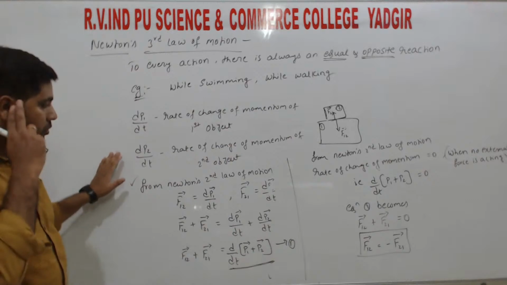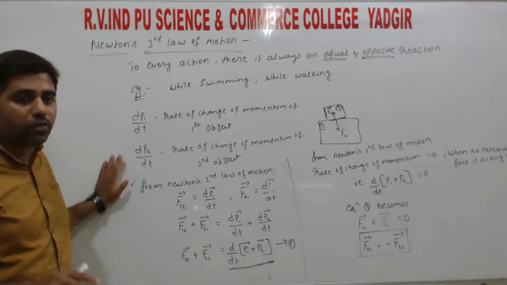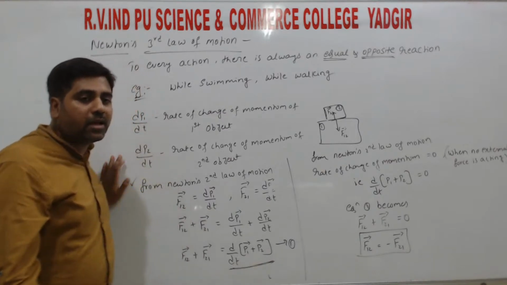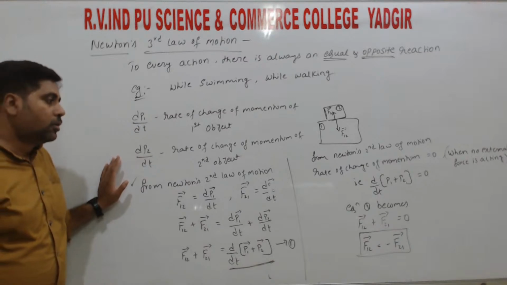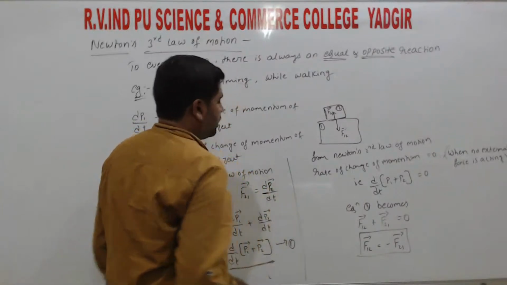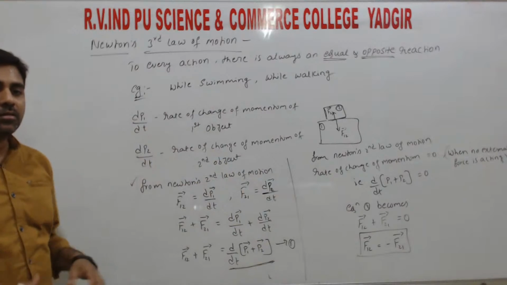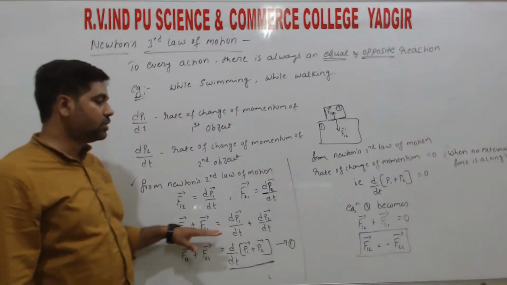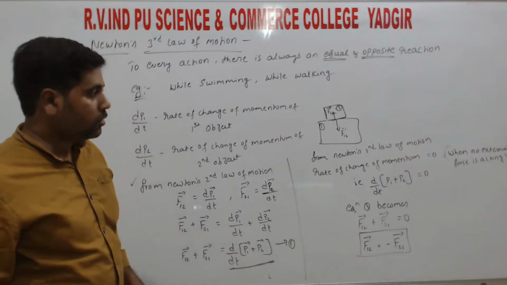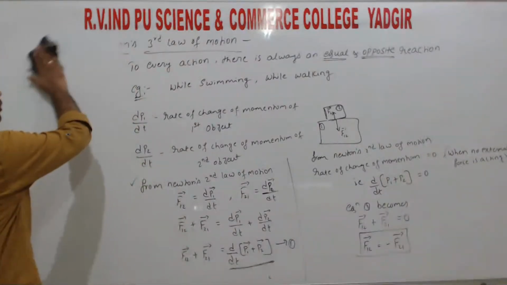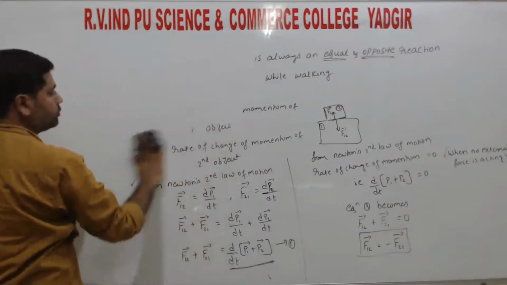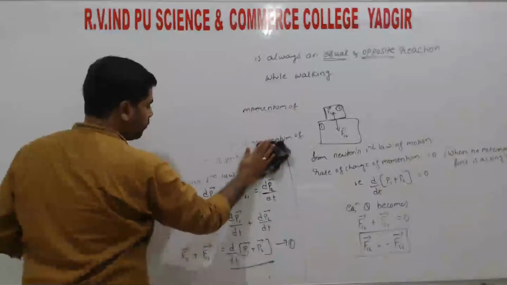So hence, out of these three laws, Newton's second law we call the universal law of motion, or the real law of motion. In the previous class we also discussed defining Newton's first law by using the second law. Here we define Newton's third law by using the second law, right? So by using Newton's third law of motion,